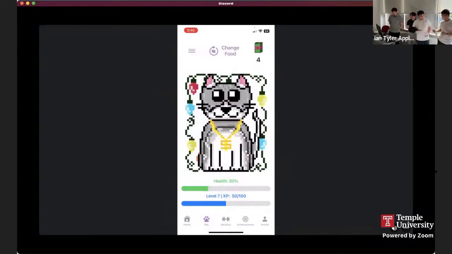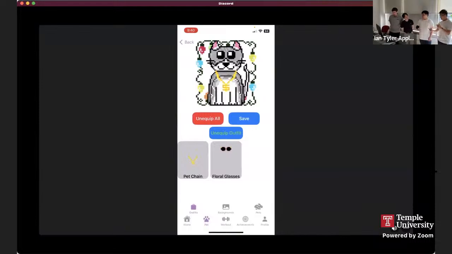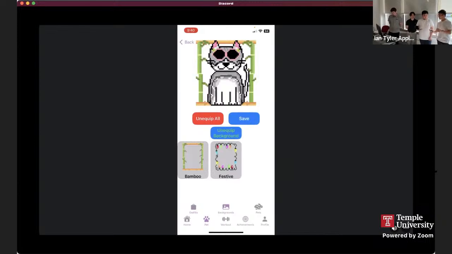Cool, I saw earlier there's a customize option in the hamburger menu. Is that how you equip the newly bought item? Exactly, the customize option right underneath the shop. As you can see, the new items that I bought, as well as my previous items, are now in my inventory. I'm gonna go ahead and equip my newly bought items, which were the floral glasses and the bamboo background. There's also the unequip button if you ever wanted to uncustomize your pet as well,